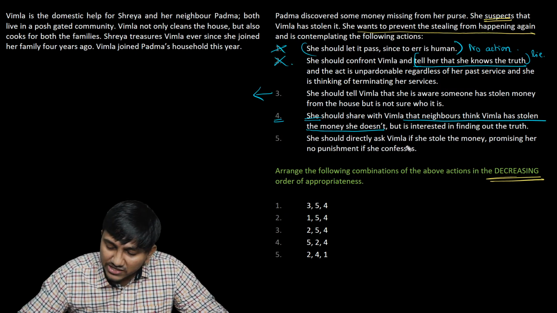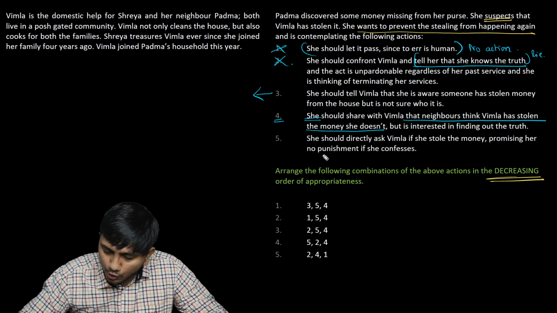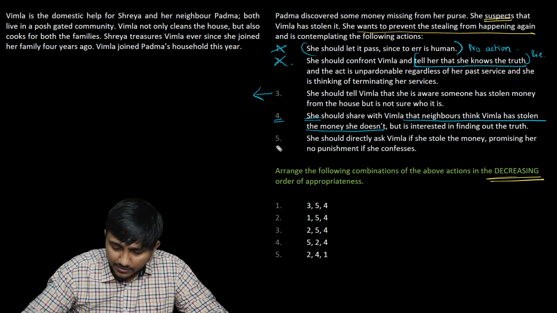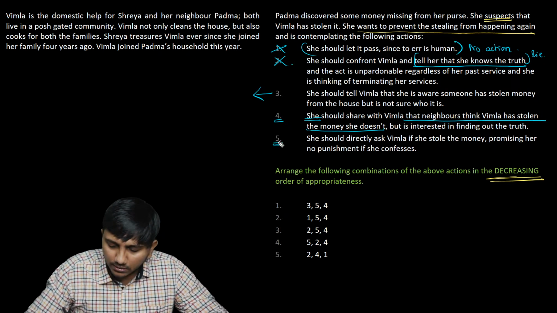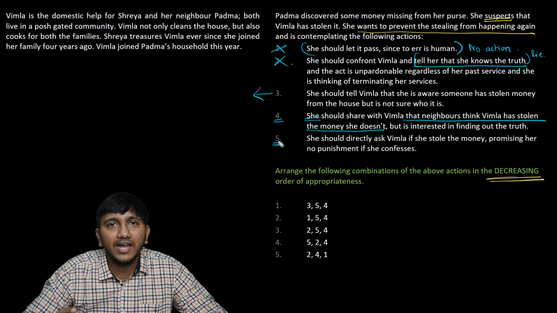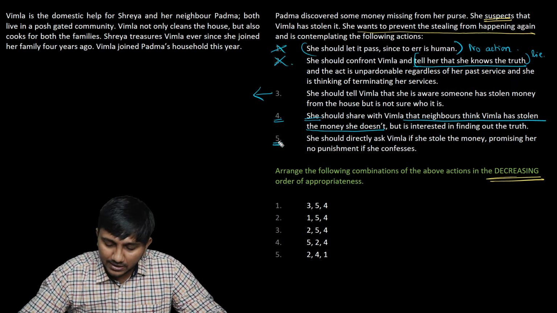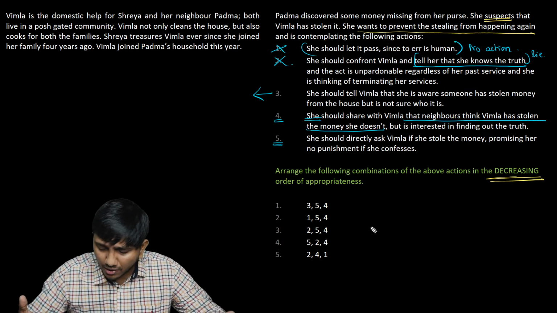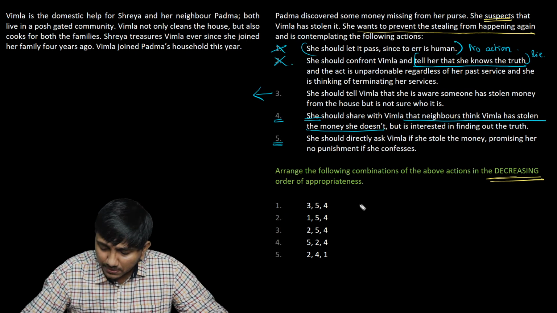She should directly ask Vimala if she stole the money, promising her no punishment if she confesses. I don't think she's going to confess. Right. But still it is good. There is nothing wrong in telling her that I am looking for the person who is stealing. Right. So 3, 4, 5 sound okay. 3 is definitely the best. So I should go for 3, 4, 5 in any order actually in this particular situation, because 1 and 2